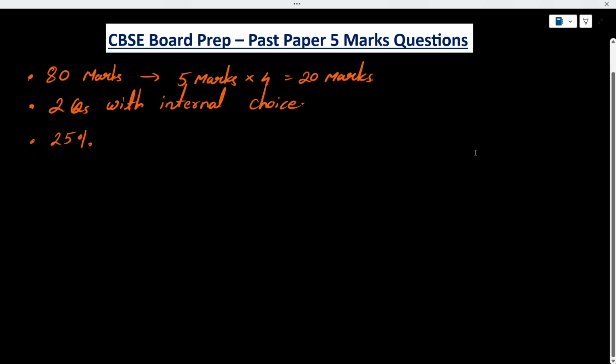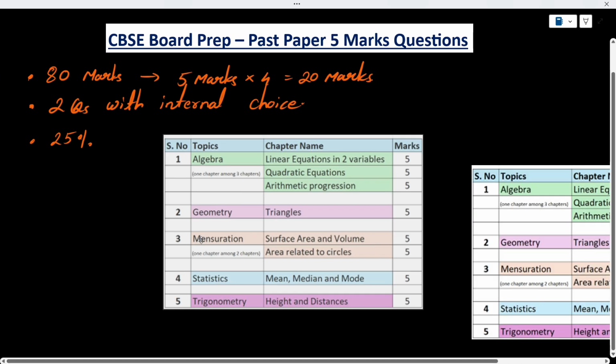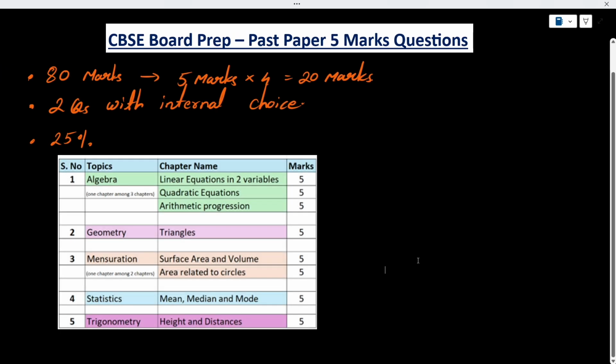These 4 questions are from which chapters in your NCERT textbook, from your NCERT syllabus, CBSE syllabus, right? So this is the tally. If you see, I have categorized into algebra, geometry, mensuration, statistics, trigonometry, right? You have number system also, coordinate geometry, but you don't see most of the time a 5 marker question from number system, coordinate geometry. So in algebra, you may see that the 5 marker questions can be from linear equation